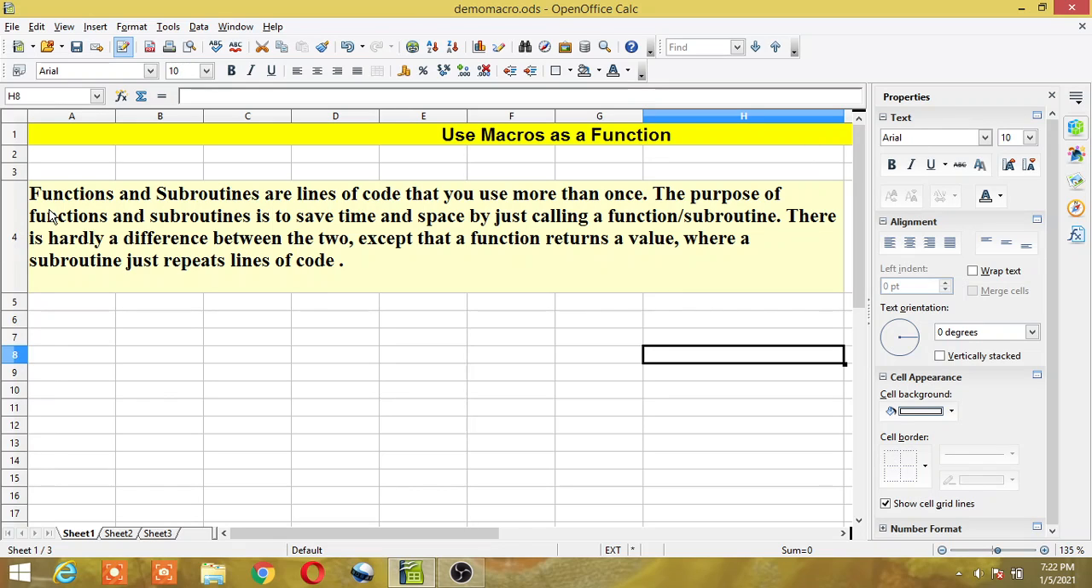Now, apart from built-in functions, the user can define his or her own functions. They are known as user-defined functions. So in today's class, we'll see how we can define our own function. For defining a user-defined function, you have to go to the Tools menu,